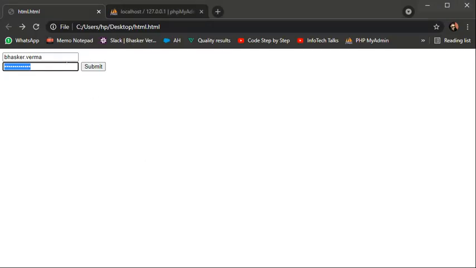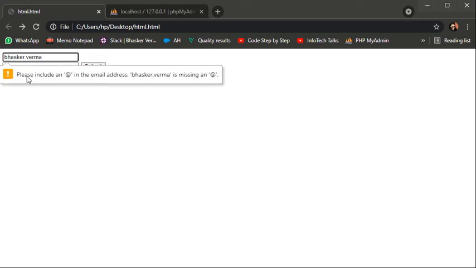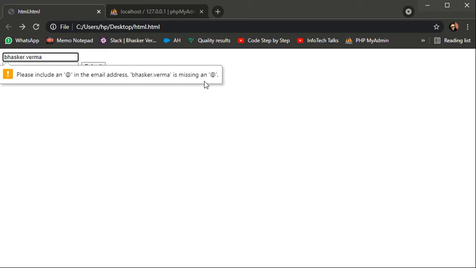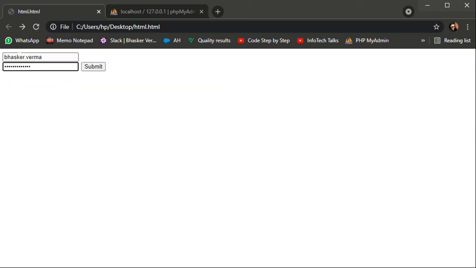See, I did not enter the email address in a valid format, so when I click on submit, you will see: please include an at sign in the email address. Bhaskar Verma is missing an at sign. So let's enter the at sign here.